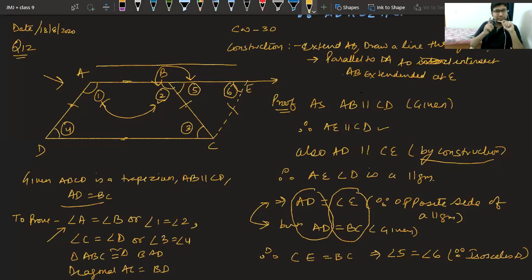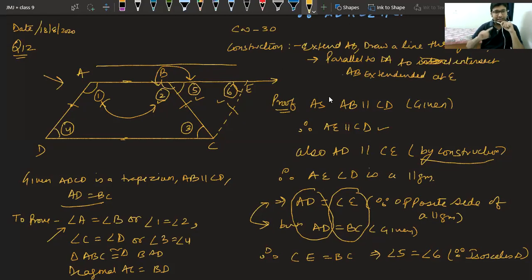I think this relation will help us to prove the first part. What do you say? Let us see. Parky is saying please repeat. Parky, did you get this? We have got angle 5 equal to angle 6. Parky, you got this point, how we got angle 5 equal to angle 6? Yes. So this 5 and 6 will help us to prove 1 equal to 2.